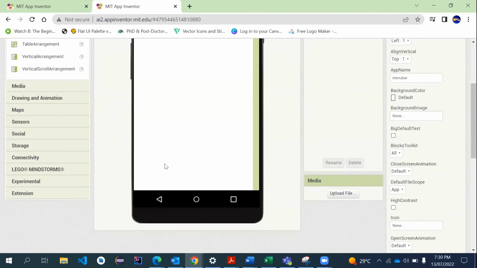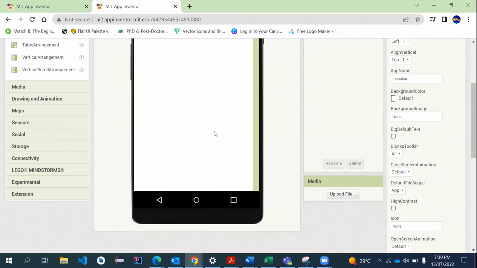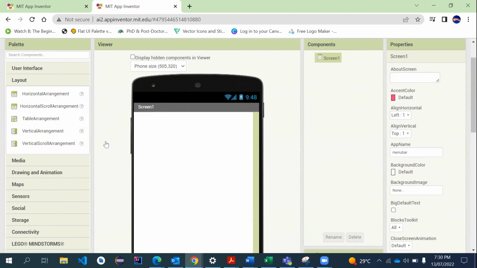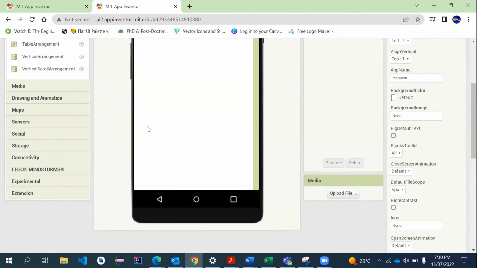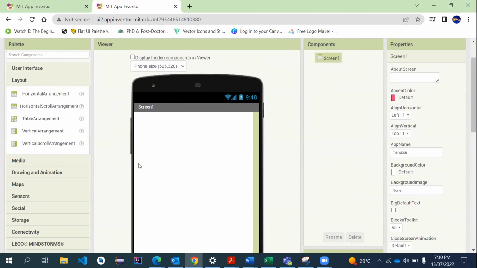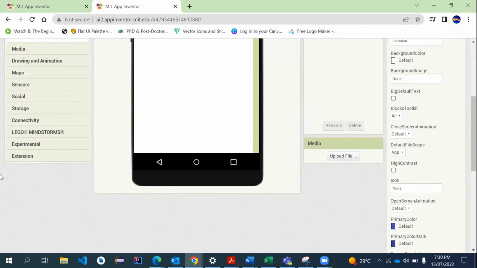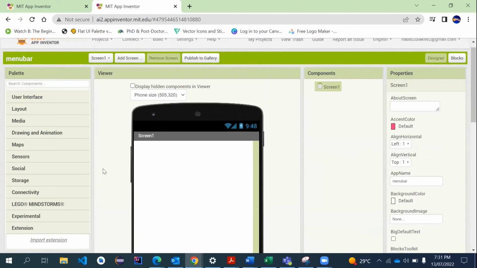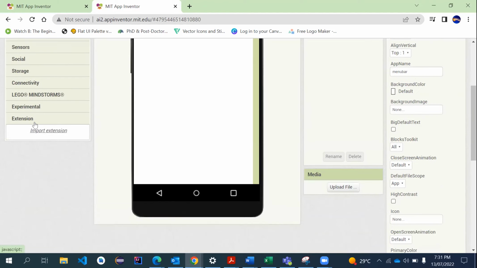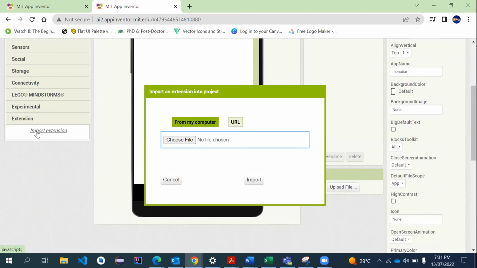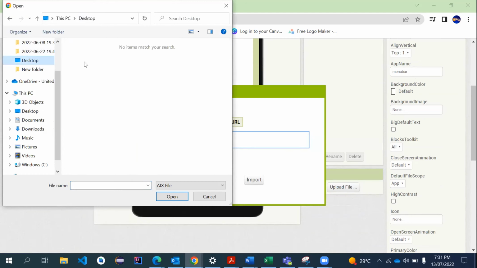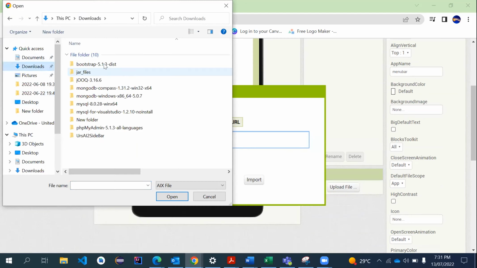We want a menu bar that can easily be called and can also easily be uncalled whenever the user swipes from the left to the right or from the right to the left, like a type of hide and show. Usually all extensions are shown here. When you click import extension, it will allow you to choose from your computer any file you've downloaded for that extension. Usually the extension is always a file called